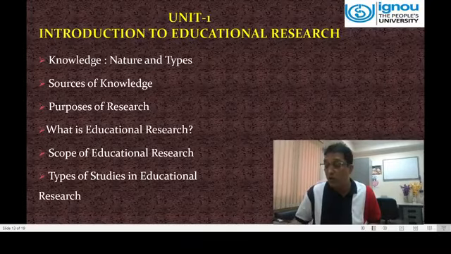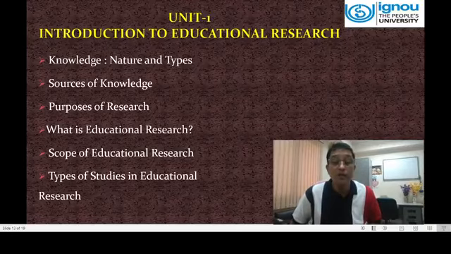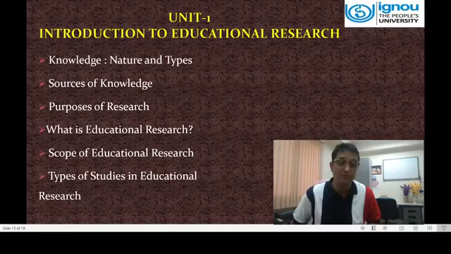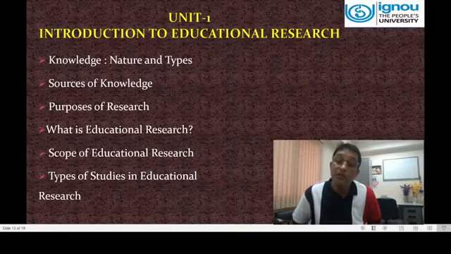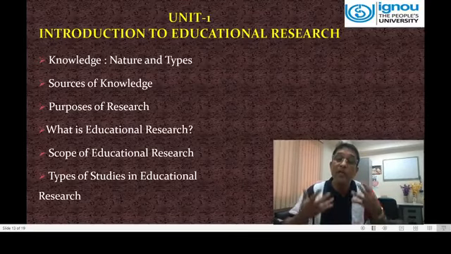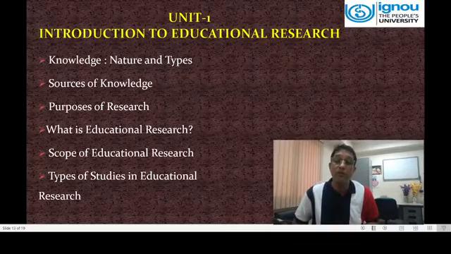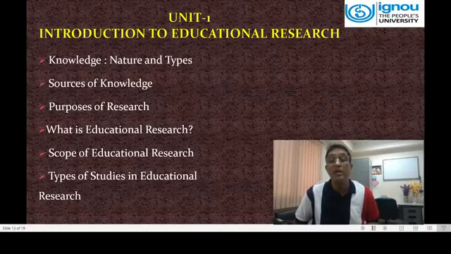So this is also another source for acquisition of knowledge. And further, another source is the scientific method. So friends, in the scientific method, we use the scientific procedure. First of all, we identify a research problem. Then, according to the research problem, we develop a theoretical construct of that research problem, that is, what the different variables included in that problem are.